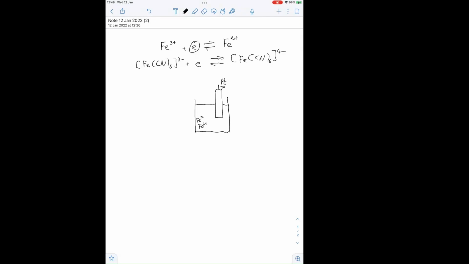Now, as soon as I dip that platinum in there, I'm going to get some sort of equilibrium for this reaction. So if we add the Fe3+ in excess, then some of the electrons will go into the solution and react with the Fe3+, making Fe2+. So the metal has lost electrons, so normally it's now got a positive charge, and the solution has gained electrons, or it's lost Fe3+ and got more Fe2+, still got the nitrate ions, so that will have a negative